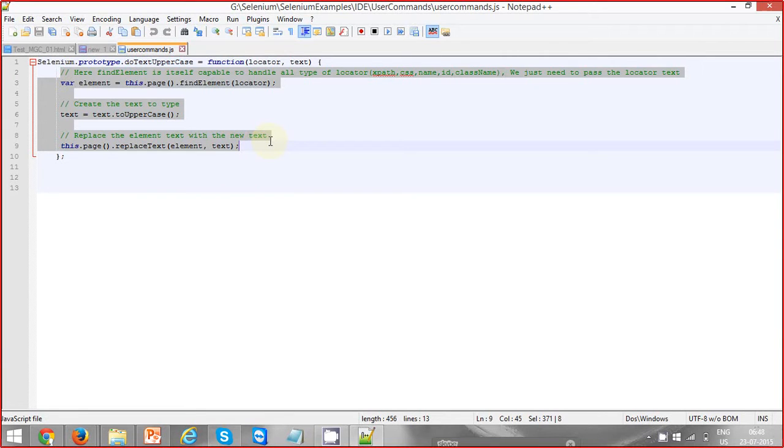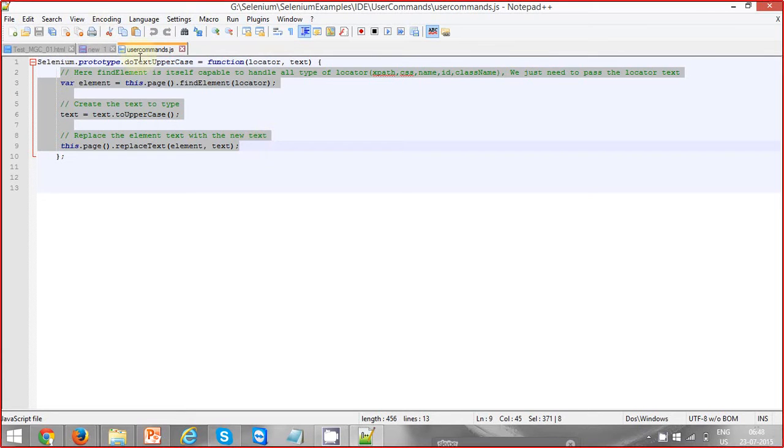So this function is basically, let's say you want to write some text on an input control, for example. In that time, let's say you are passing small letters, let's say Sudhir you are passing as small letters. If you want to convert that small letter into uppercase and then enter, you can use this